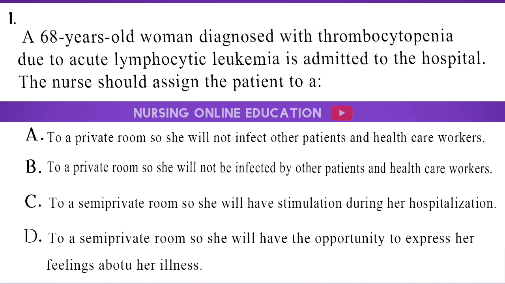D. To a semi-private room so she will have the opportunity to express her feelings about her illness. The answer is option B, to a private room so she will not be infected by other patients and healthcare